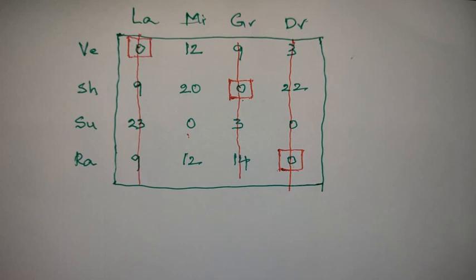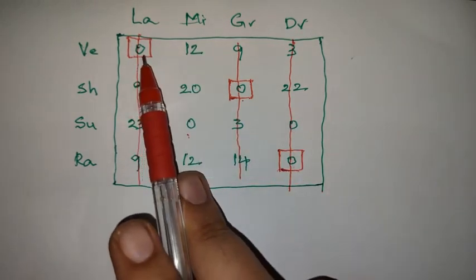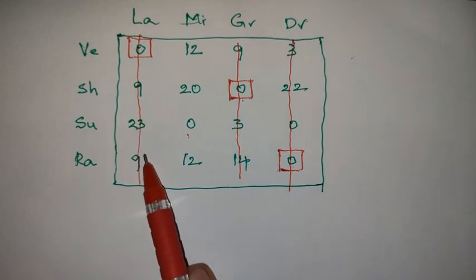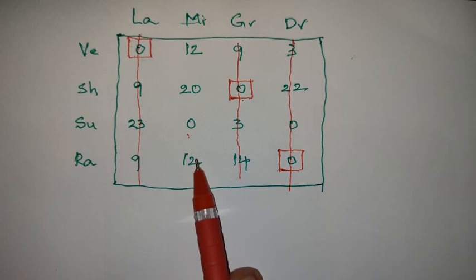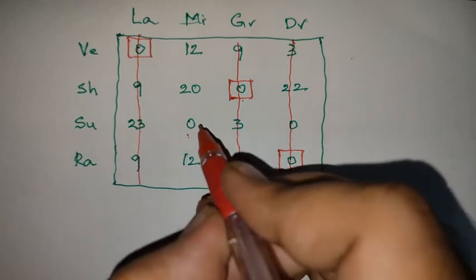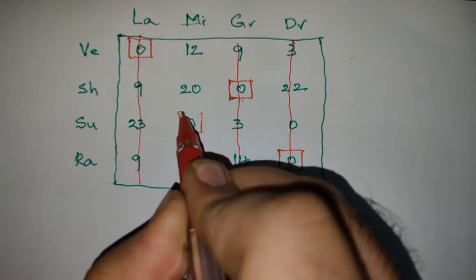After row scanning is completed, if all zeros are not covered, we need to go for column scanning. So what is column scanning? The same thing. So here already 3 columns were struck off. So now already first column was struck off. No need to do that one. Next, second column. So in this column, how many zeros are there? Single 0. So now surround that 0 with the square box.